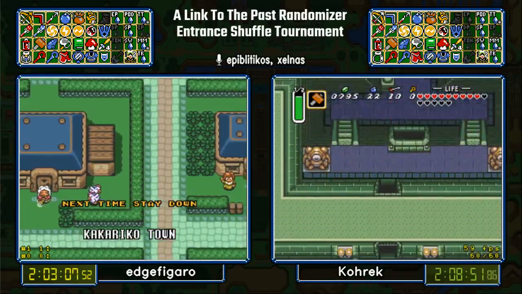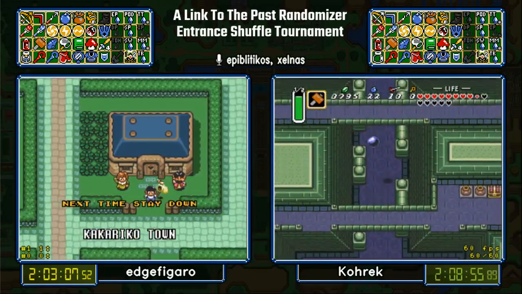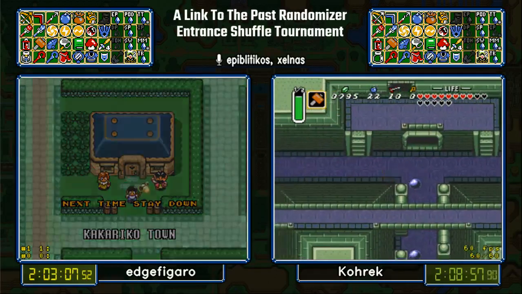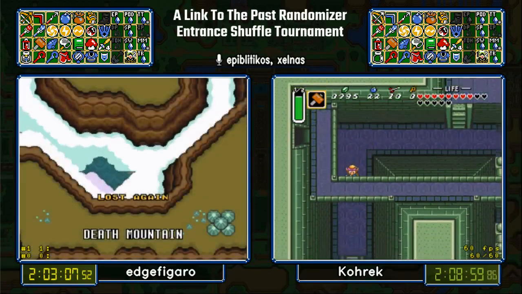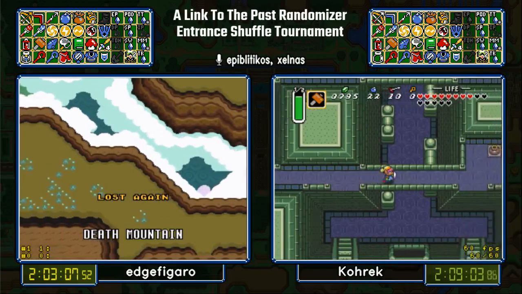Yeah, Ganon told me it was at a spark, and I didn't know what that meant. Oh, it was the Mire Shed, which was in Dark World Agina's cave, basically. Yeah. Well, to you, what were the big